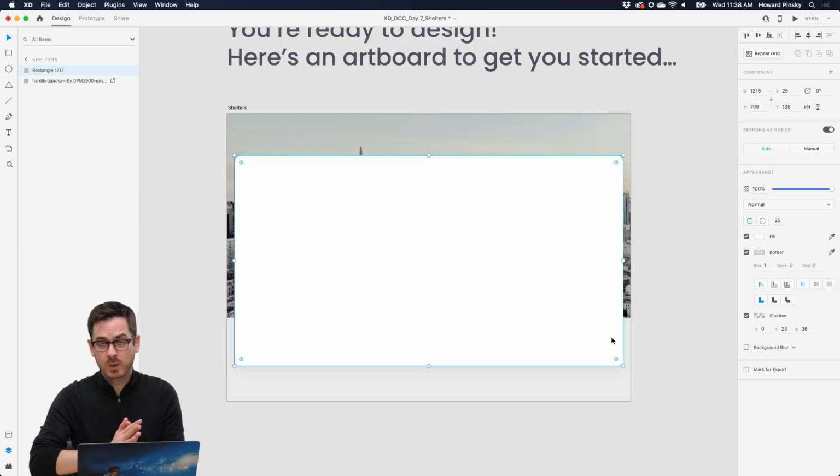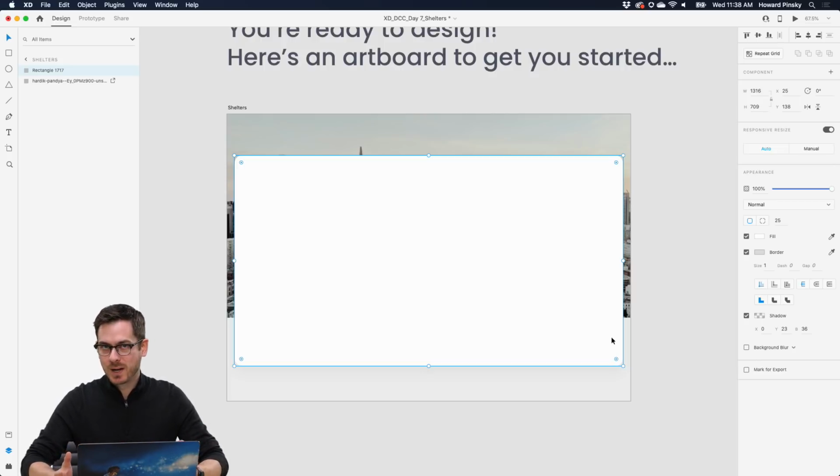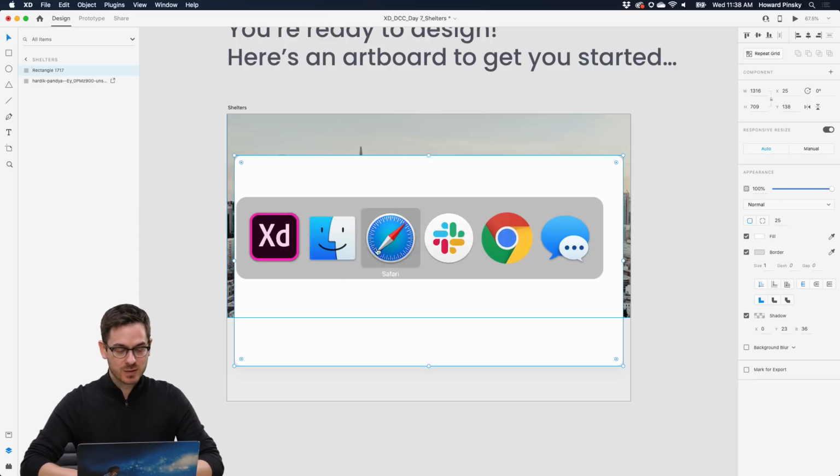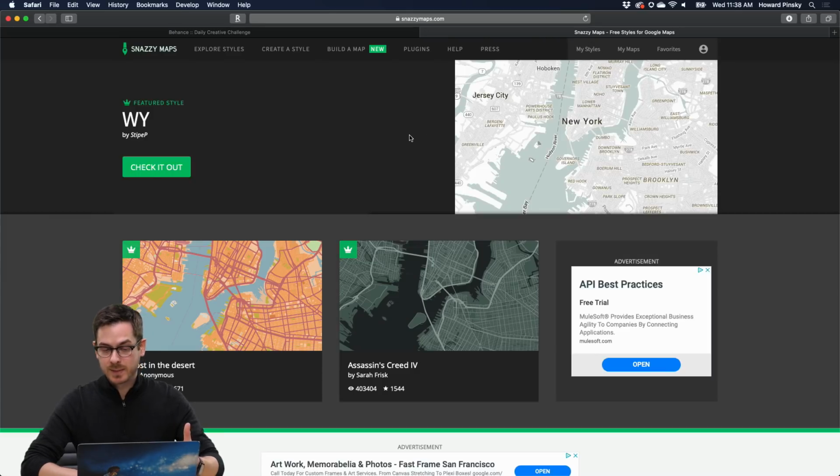So we've got this area that we're going to be using for a map, but of course we need a map. Previously there was a plugin that I showcased called Maps Generator. I don't know what happened to it. I don't know if the developer took it down or they ran into some bugs or whatever, but it's not there anymore. So what we're going to be doing is hop back over to Safari, and there's a great website I use a lot called